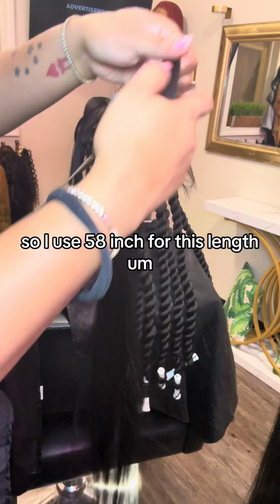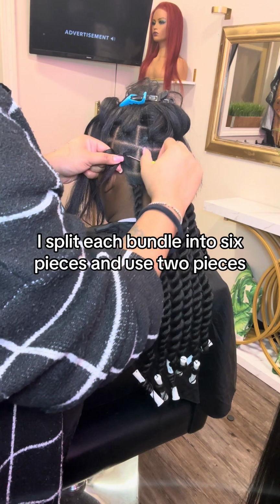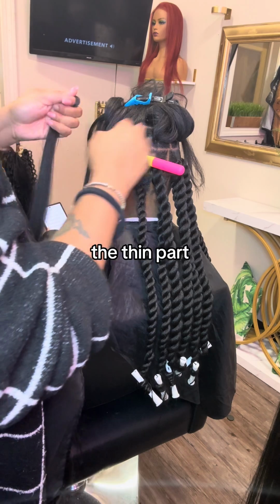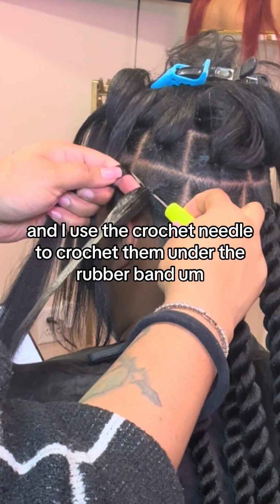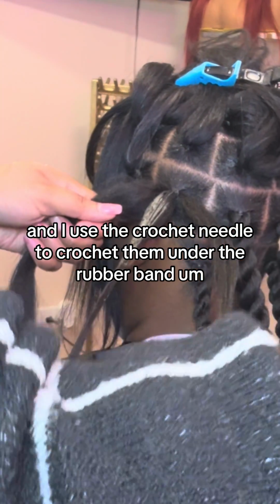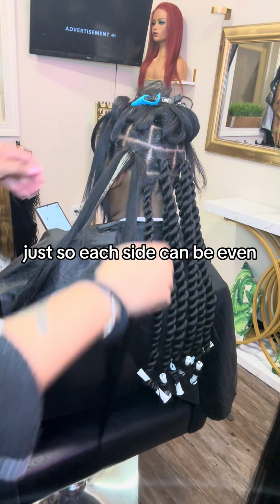So I use 58 inch for this length. I split each bundle into 6 pieces and used 2 pieces. I use the end of the braiding hair, the thin part, and I use the crochet needle to crochet them under the rubber band. And then I'll pull and just kind of even it out, just so each side can